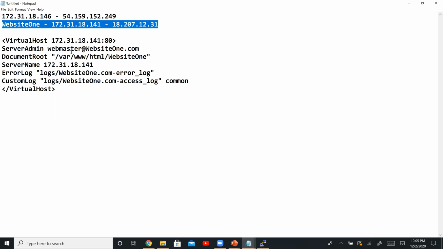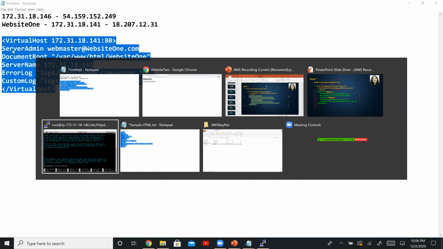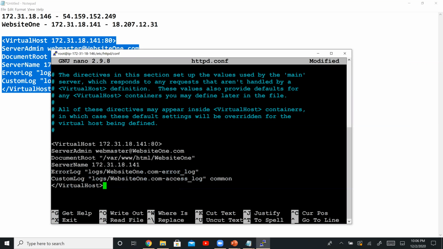So website one is associated with this private IP address, which in turn is associated with this elastic IP address. So it's like A is to B and B is to C. That means website one is now associated with this elastic IP address. So I hope that this is clear. Okay, let's copy this and let's go back and paste it right there. And I hope that I did not copy any funky characters or spaces or anything of that sort. Does not look like it. Okay.